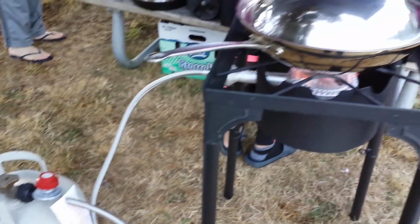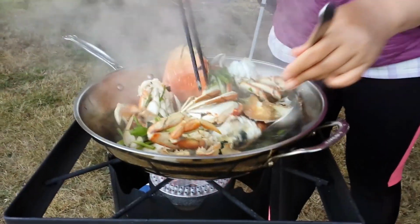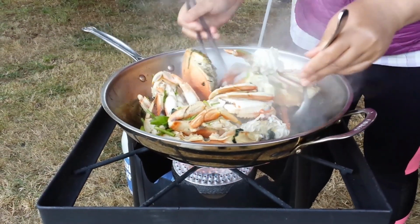In a few weeks I will head out to Tillamook Bay, and if you find this interesting, I'd appreciate it if you give